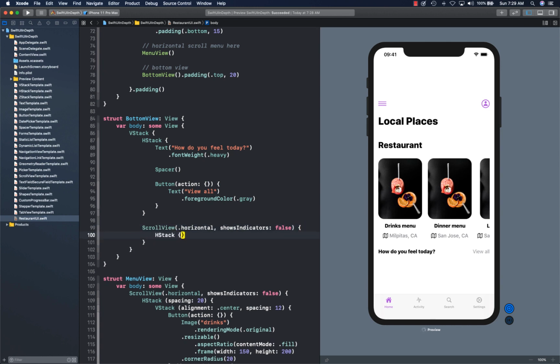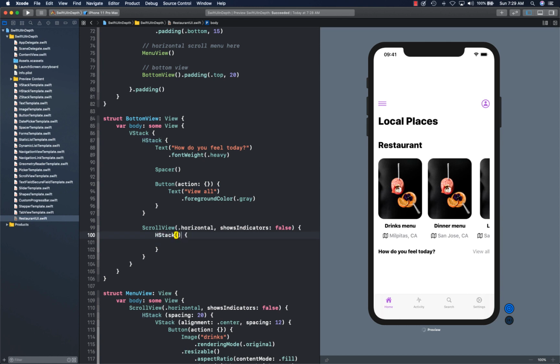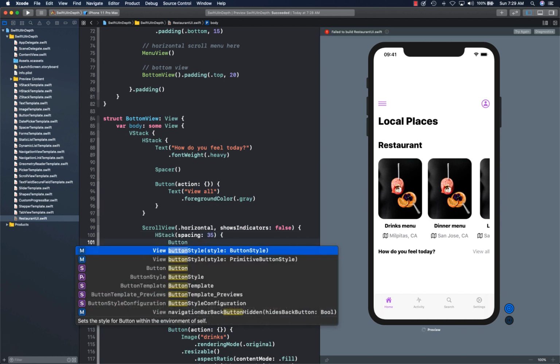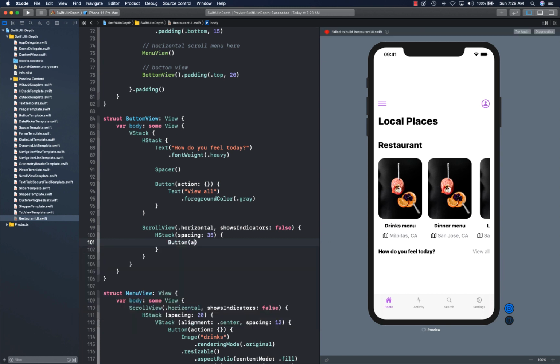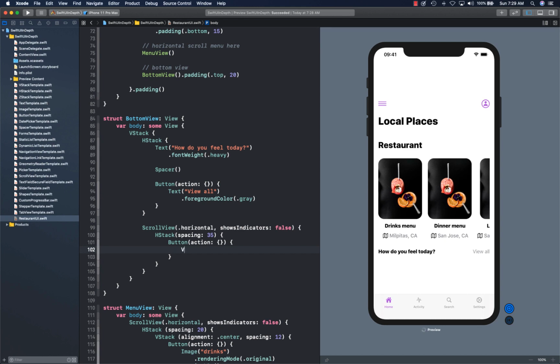HStack. Give it a spacing of 35. All right, and a button with action. And let's create a VStack here with spacing as 8